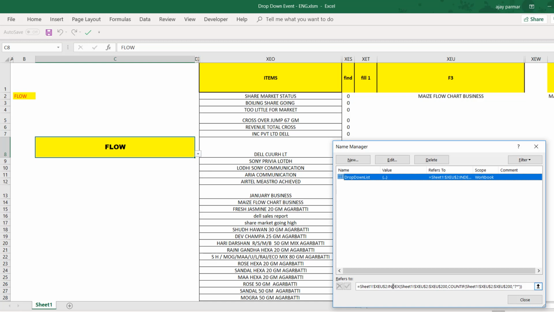So this is simply calculating how many rows you have. You can see here in the index, first of all, the range is given, which is XEU2 to XEU200, which means from here till 200, and then we are counting how many rows we need. To count how many rows, he is using COUNTIF. So he says I want to COUNTIF in the same range, which is XEU2 to XEU200, but